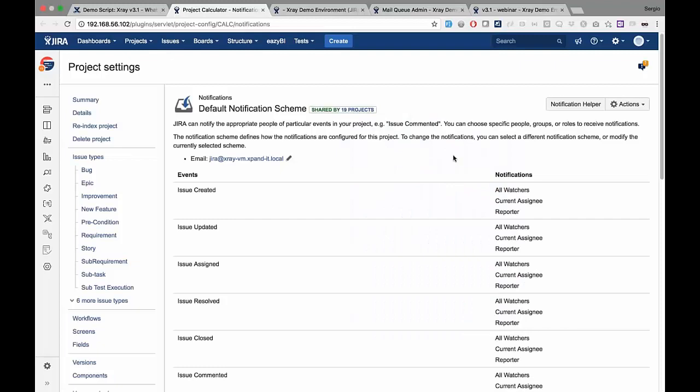So I'm looking at the project settings of a project, and you can see that this project is using the default notification scheme that is also shared by 19 other projects. So have that in mind whenever you are editing the notifications. You may also be impacting other projects if that notification scheme is being shared by other projects. So if I scroll a bit down,